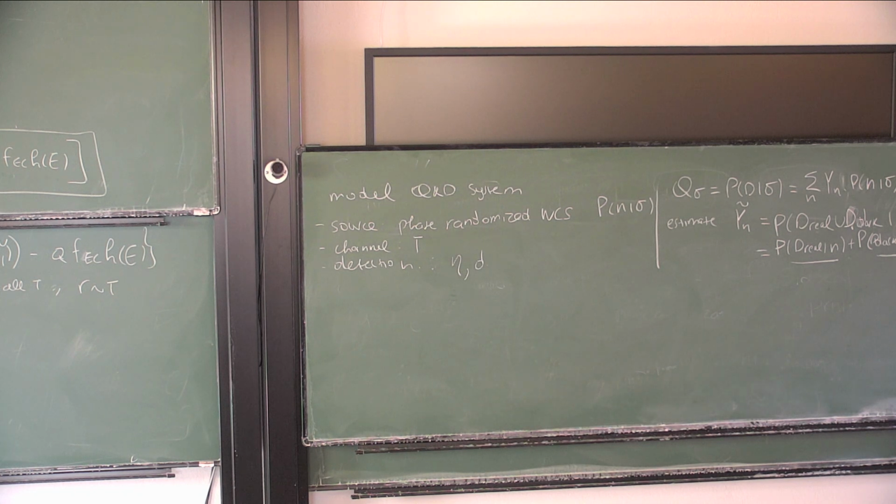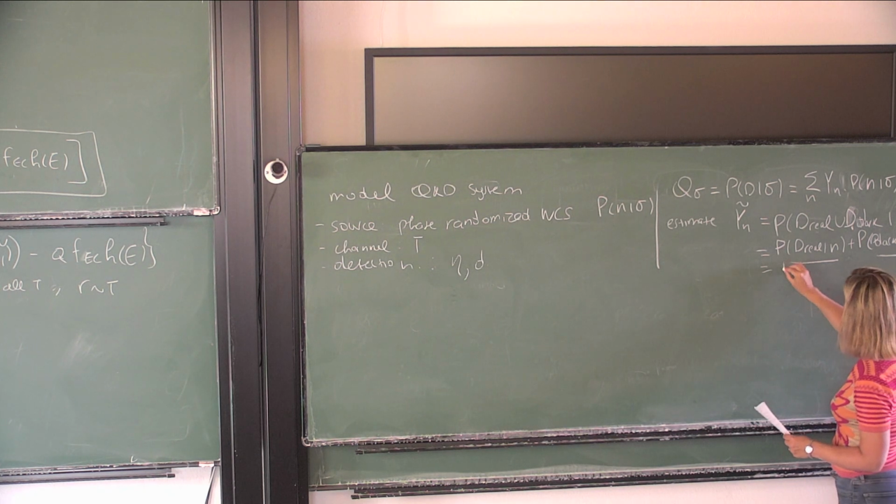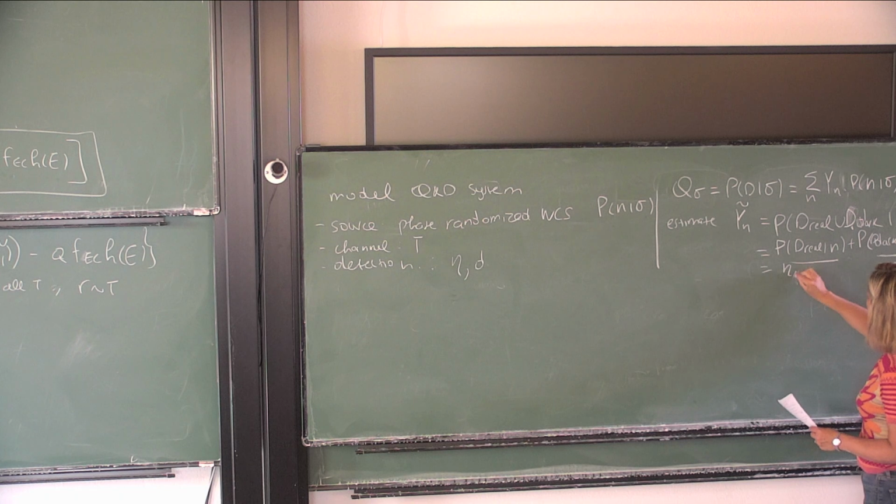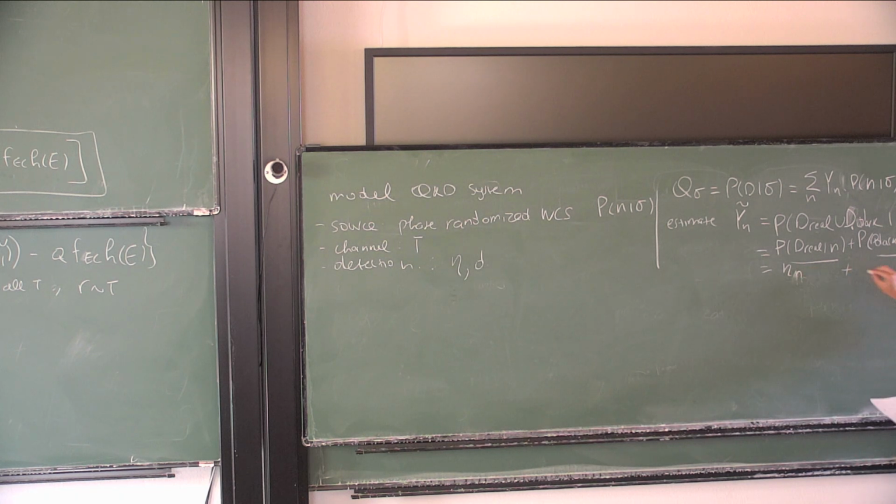And so now, if we want to link it to real quantities, what we're going to do is call this the probability of having a real event. We're going to define it as this quantity that I'm going to be calling n. This one is simply the yield of 0, and this one is the multiplication of these two. And so if I want to put them together,